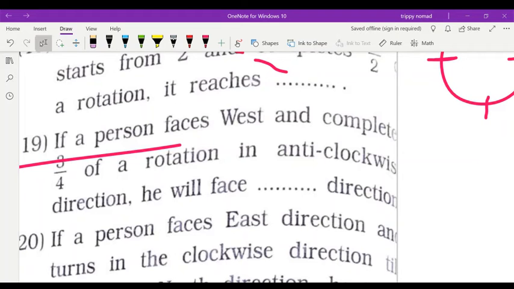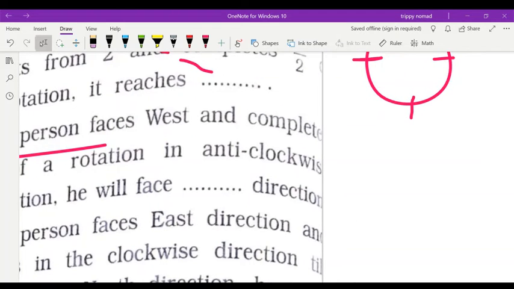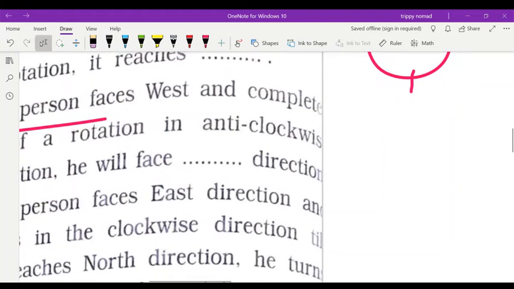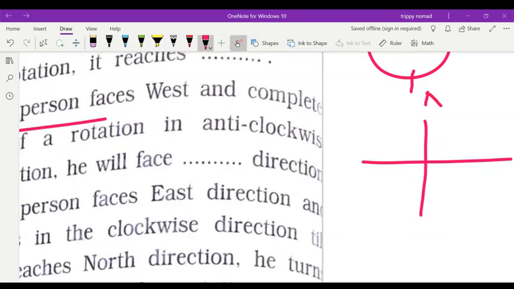I think such type of question you have already done in 5th standard, and even in 6th standard the question was there for direction. Here first you will write north direction is here, and here south will come,